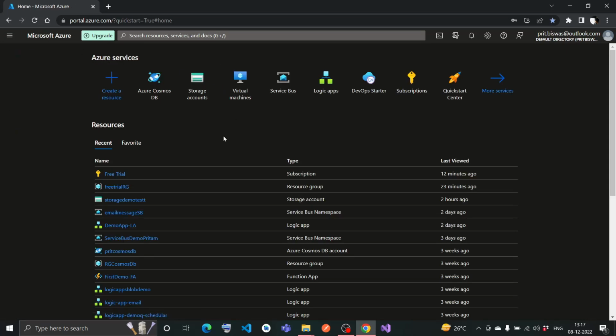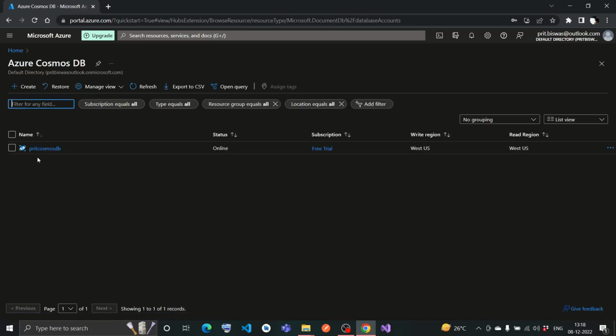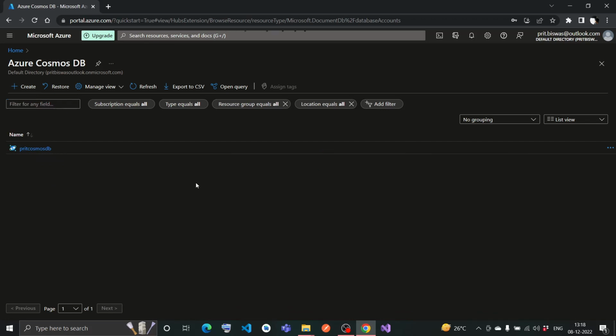And yeah, if you have already created a CosmosDB account, you can skip this part and directly go to the integration part, where I'm showing how you can integrate that particular thing to a console application. So for this part you can go to Azure CosmosDB, or you can search CosmosDB here as well. I have already created a CosmosDB account. I'll create a new one,